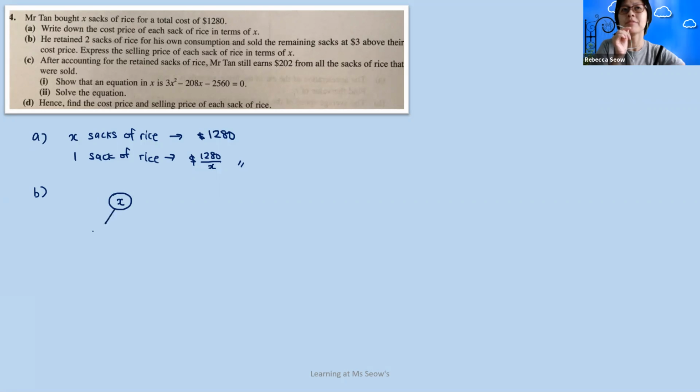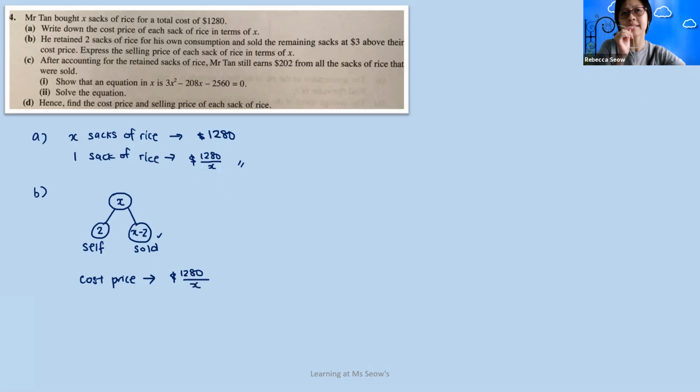Okay, he kept some for himself, that will be 2. That goes under self, and the rest will be sold. So given that the total is X, the amount that is sold will be X minus 2. Okay, now this is the remaining sack of rice, and each sack of rice is sold at $3 above the cost price. Okay, so if the cost price is what we have found in 4A,